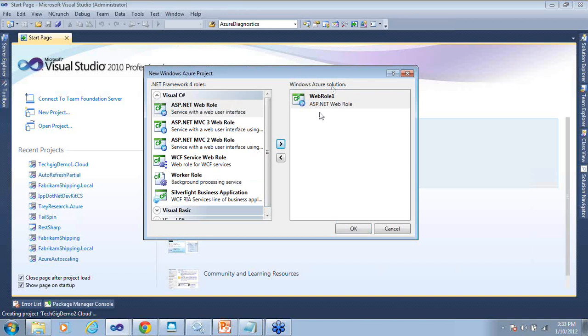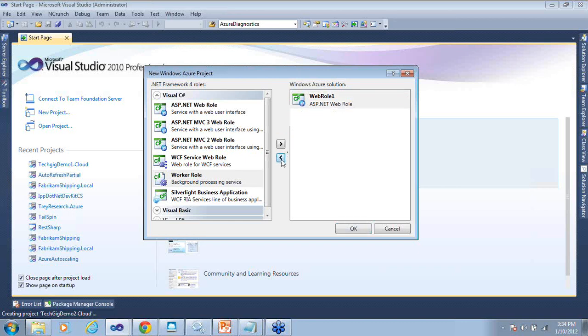We'll see that in the next part. But as of now, I'm just creating a web role. You can actually add a worker role also. You can add one other MVC3 web role, so that all these different roles will become part of the package. But every role is going to run in a separate instance. That is the important thing, which we'll see later.